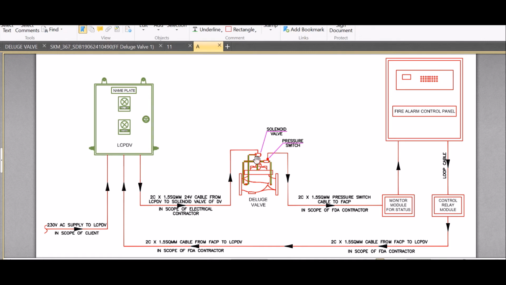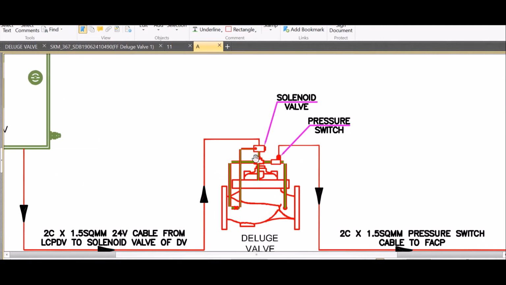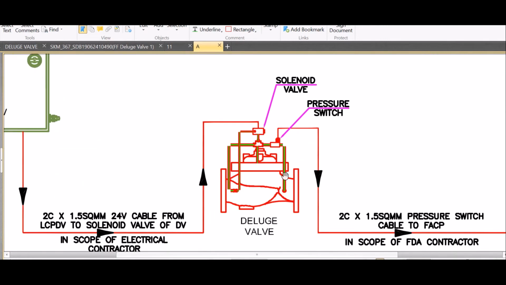And what happens inside the deluge valve? Here one diaphragm is provided, and in this line water will always, when it is not working, create a water pressure that makes the diaphragm restrict the water flow from the pressurized side to the non-pressurized side.